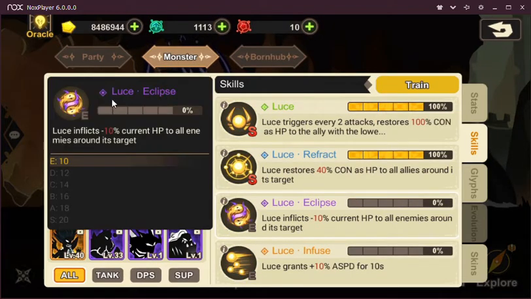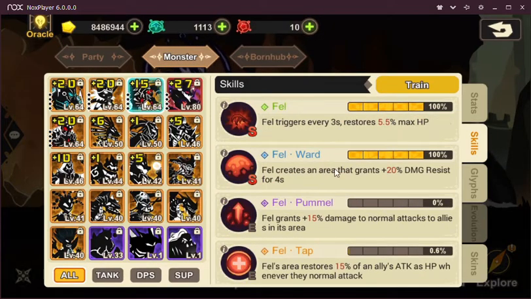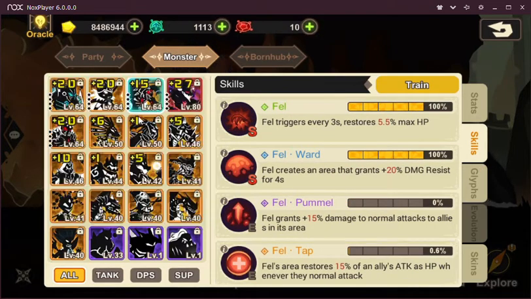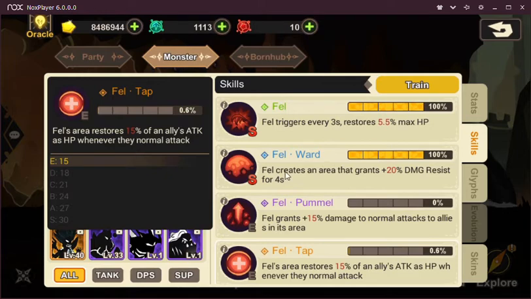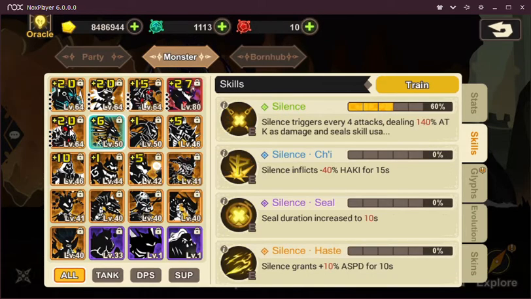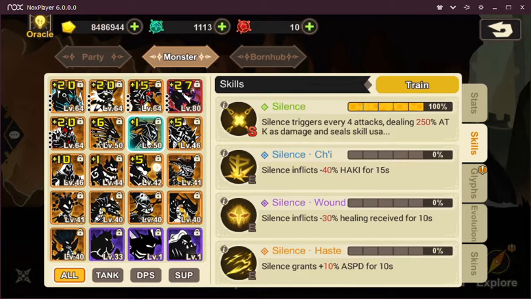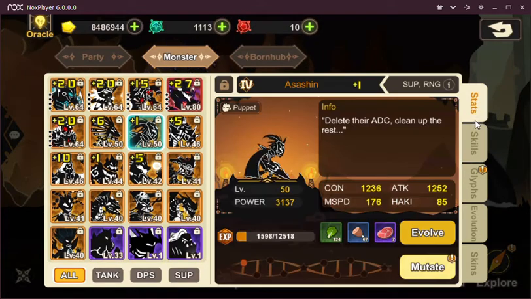Nobody cares about Eclipse, right? Nobody cares about this heal, unless you're using Ultimus, then it's pretty good. But you know what I mean? Different situations, different things, right? Nobody cares about this. Assassin isn't there for damage, it's just there to boost my power. And that power comes with stats, but make sure you remember that